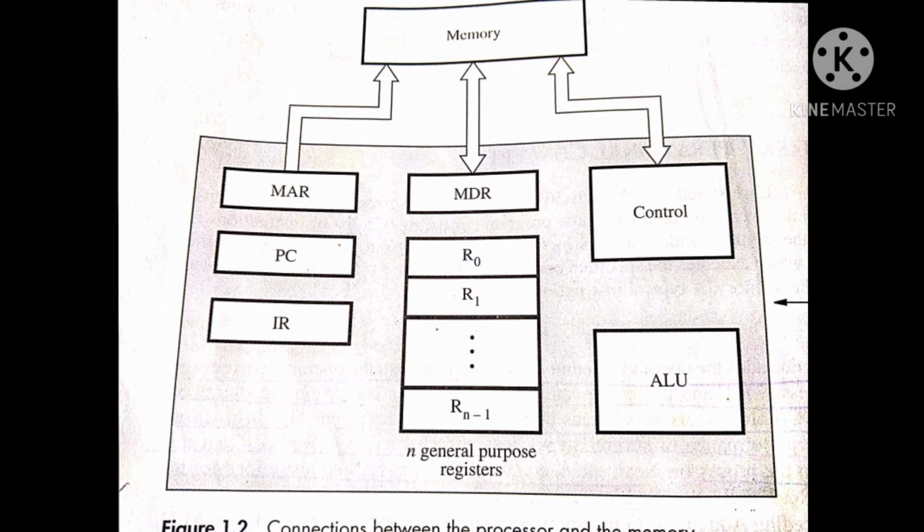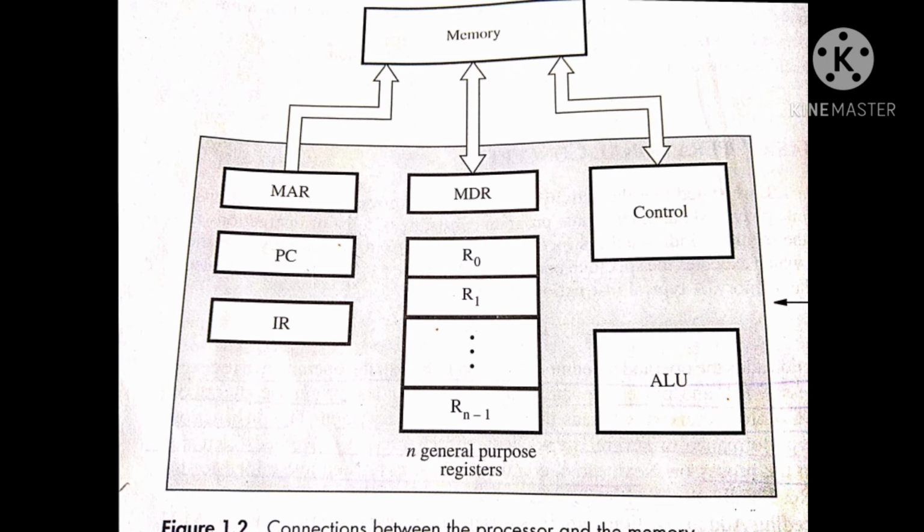The operands need to be fetched either from the memory or from the general purpose register. There are two things. One is what? Operator, and the other one is operand. So what is the operator here? Example, A equal to B plus C. Here the operator is the plus symbol. The symbol of addition is said to be the operator. And what are the operands here? The operands are B and C. Now you understood the difference between operands and operator.